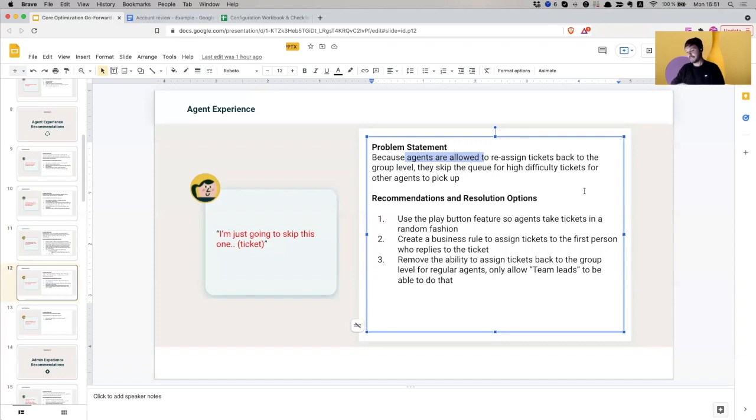So this is more of a finesse type of thing. It is very good to allow your agents to reassign tickets back to the group level. But this also leads to them cherry picking tickets, which is not cool. Not cool, bro. They cherry pick tickets, and in a call with me where we were doing